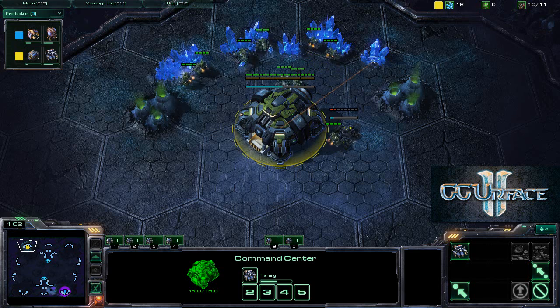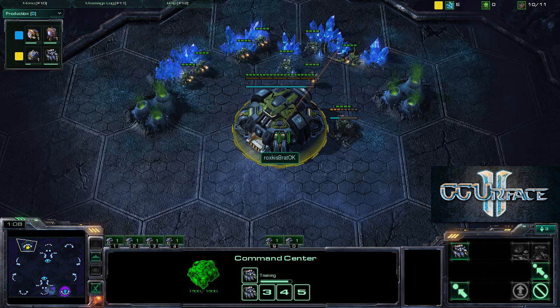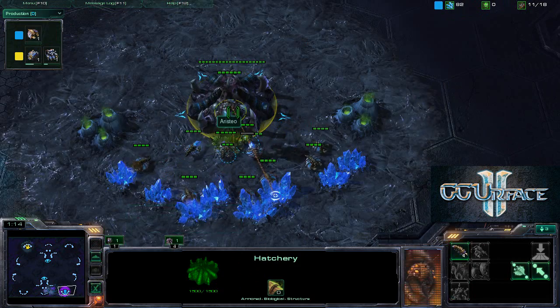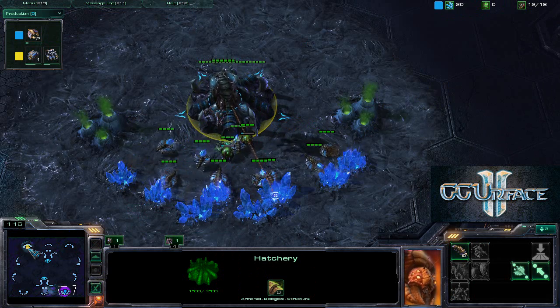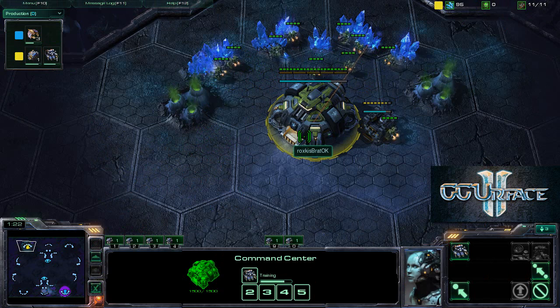Hello and welcome to a game of StarCraft 2 between BratOK and Aristeo. BratOK will be playing as the yellow Terran player at the upper left hand corner, and Aristeo will be playing as the light blue Zerg at the lower right hand corner. The map is going to be Shakuras Plateau, and StarCraft 2 is a lot like shopping in that both of